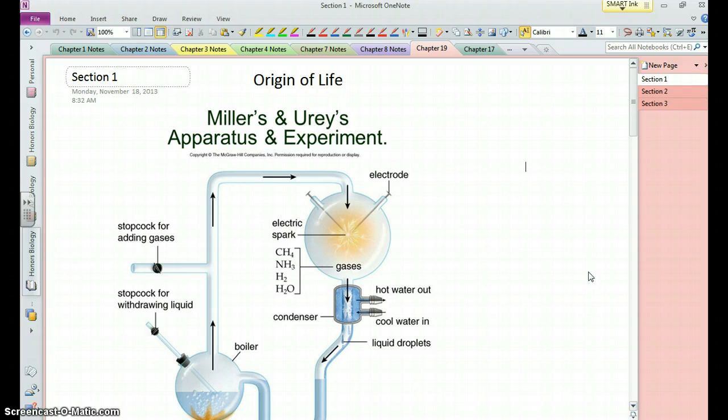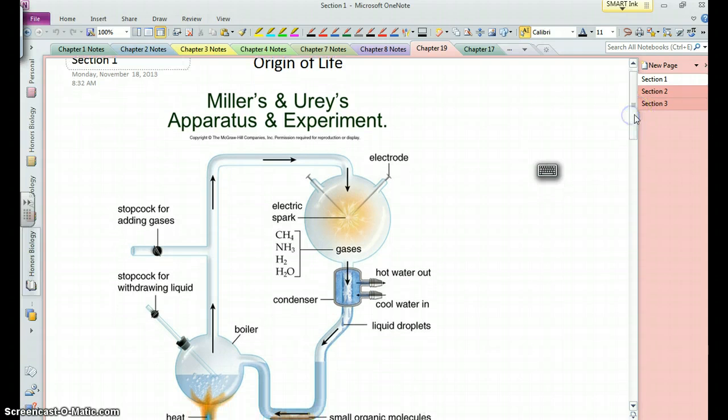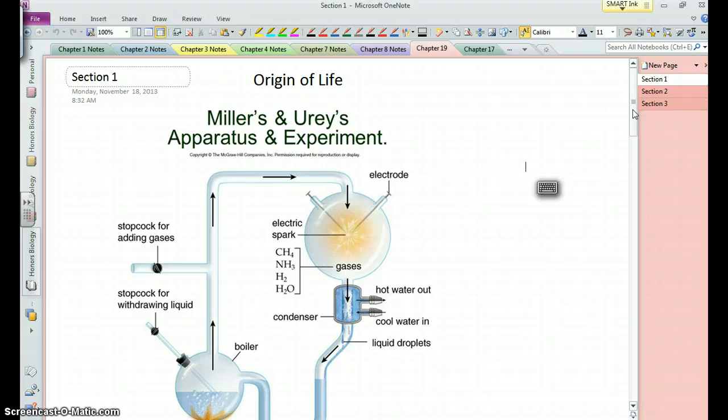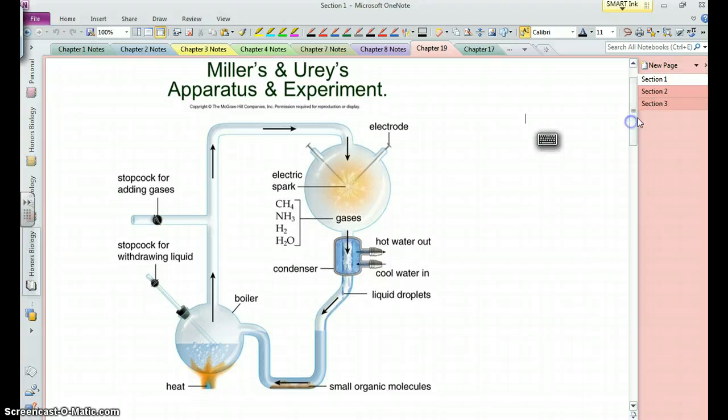And we start with the well-known Miller-Urey experiments, in which Stanley Miller, back in the 50s when he was a graduate student, and his academic advisor Urey, devised an experiment in which they took what were presumed to be the basic compounds present in the Earth's early atmosphere, that is some methane, ammonia, hydrogen gas, and water vapor. And again, in the gaseous state, they basically provided energy to this mixture in the form of an electric shock, if you will.